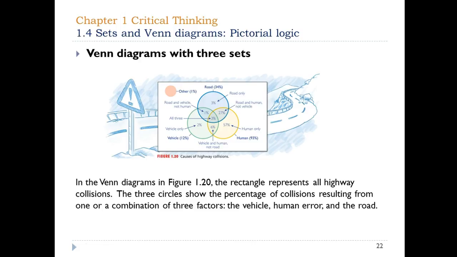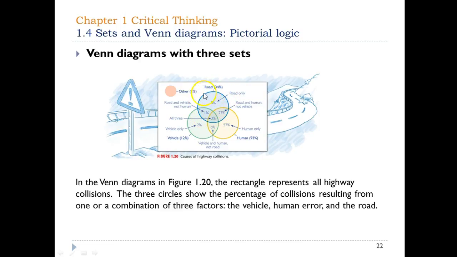Venn diagrams with 3 sets. In the Venn diagrams in figure 120, the rectangle represents all highway collisions. The 3 circles show the percentage of collisions resulting from one or a combination of 3 factors: the vehicle, human error, and a road. Let's look at this diagram closer. There is